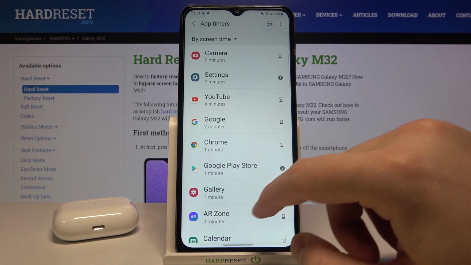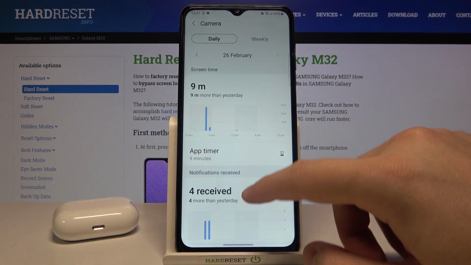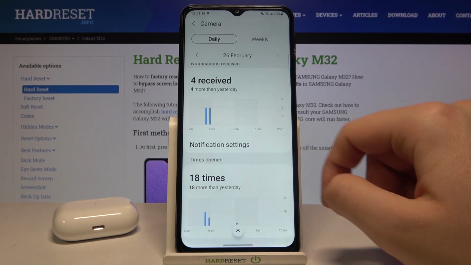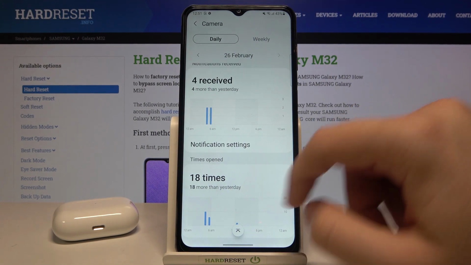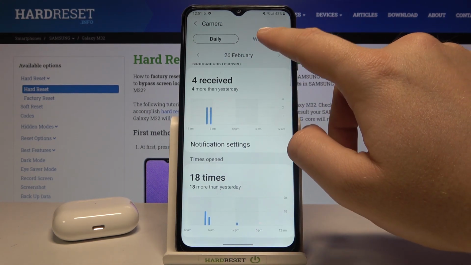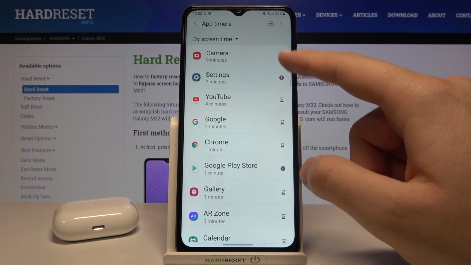We have to go to the app timers, and when you enter one of these apps, for example the camera, you can check right here how many times you opened that app. So in my case I opened it 18 times, right? You can also check the weekly times, and of course when you go back you can easily check